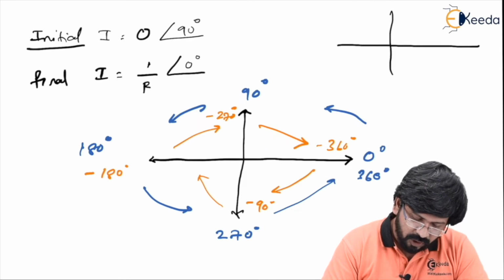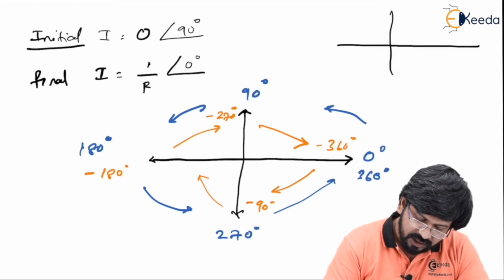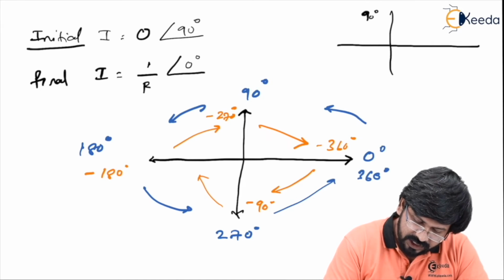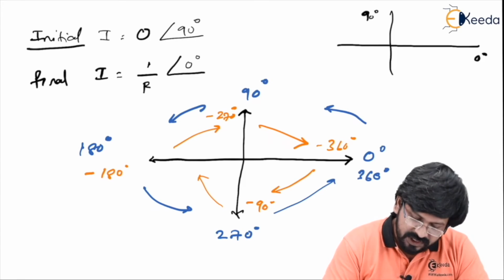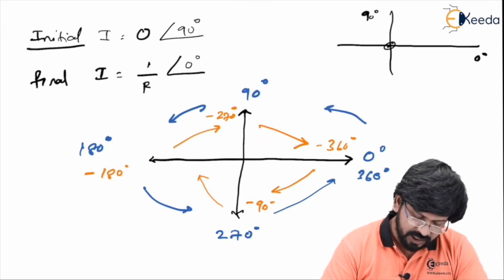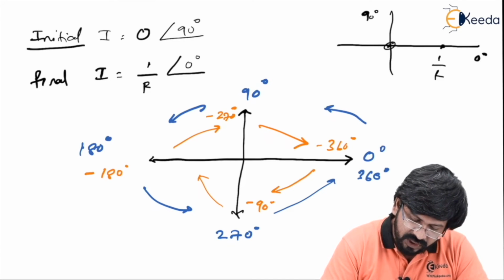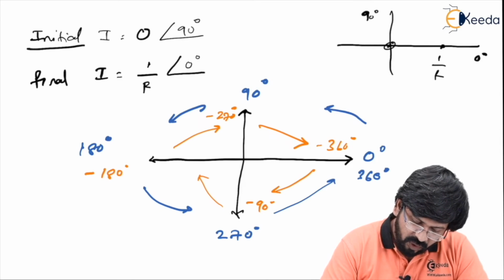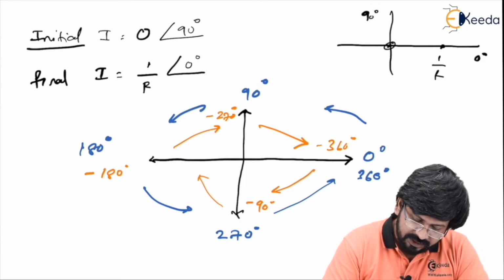Let's see how to plot it. Now, we have to concentrate on two angles, 90 degree and 0 degree. It is positive 90 degree. So positive 90 degree, it means it is this, and 0 degree is this. So at positive 90 degree, how much is the magnitude? Magnitude is simply 0. It means I'll get this point. And then what is the final point? It is 1 by R at an angle of 0 degree. See, 1 by R will be somewhere here at an angle of 0 degree, and 0 degree is the same axis. So if I want to travel from initial value to final value, I will always get a curve. So curve will be like this.